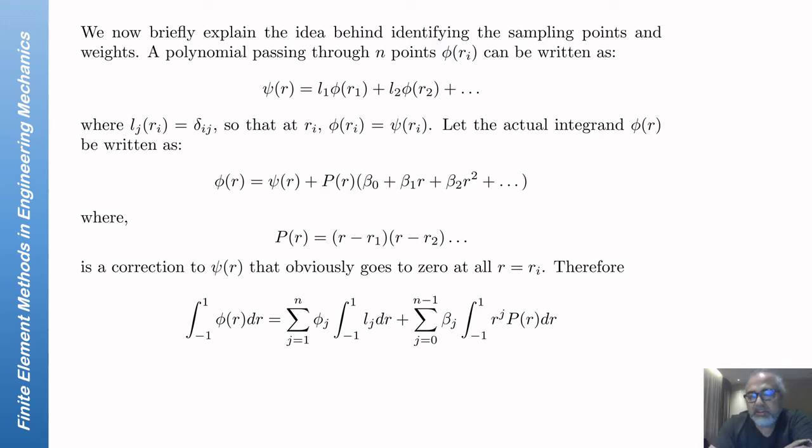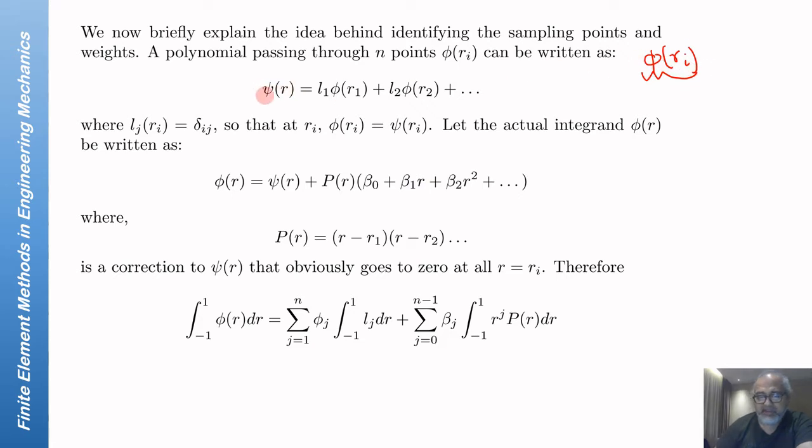Now let us quickly see how we can determine these sampling points and their corresponding weights. Now consider a function that passes through n points, at each of which its value is given as phi ri. So this is a known value. We can write such a function that passes through the points Ri and attains a value of phi Ri at those points